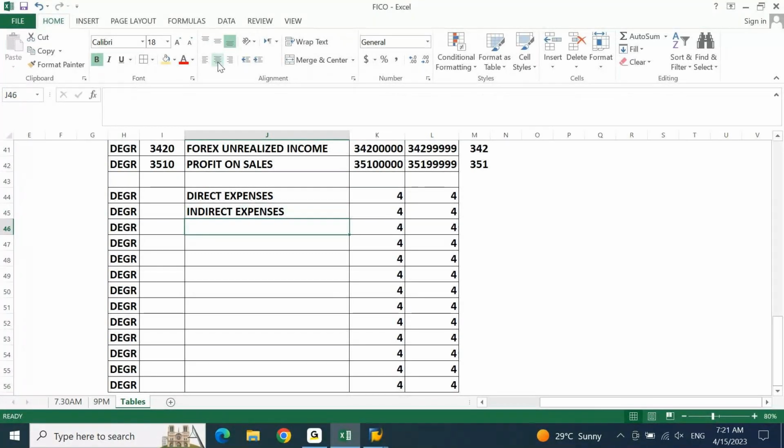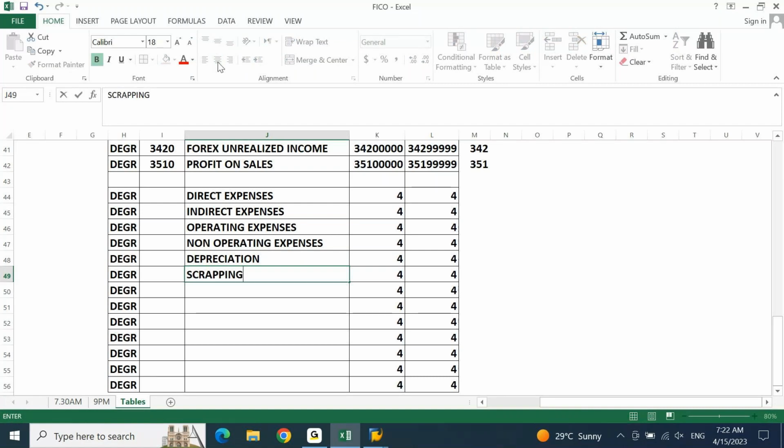Operating expenses, non-operating expenses. Next, discount allowed, depreciation, and you will have scrappings, discounts given,